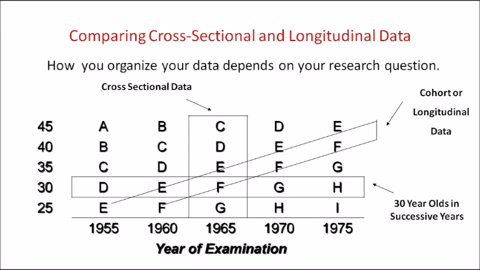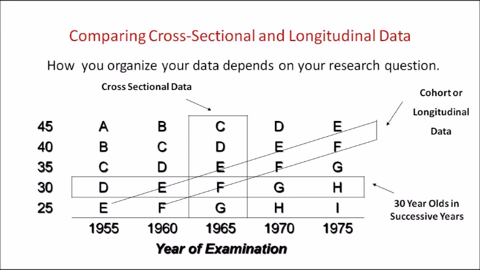So they are the same group of people, the 30-year-olds. A longitudinal study is otherwise known as a cohort study, because a cohort is a group of people who share a similar characteristic. So the 30-year-old people are similar with respect to age. So those 30-year-old people are examined at successive years in 55, 60, 65, 70, 75. So there is one common thing and they are examined at different time points. So that will become a longitudinal data. And I hope it is very clear about cross-sectional and longitudinal studies. So we have finished the measurement of the disease.